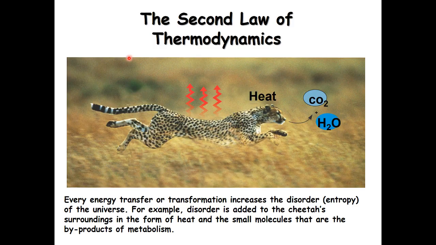So here's another example of the second law of thermodynamics. As you see, this cheetah, after he ate a piece of meat, now remember that meat is muscle fibers, very structured. So he broke it down in his stomach and then it becomes energy, right? So the piece of meat turned into heat, CO2, and H2O, which is way less orderly than the meat that he started all this with.